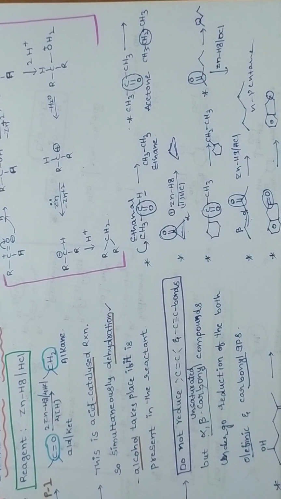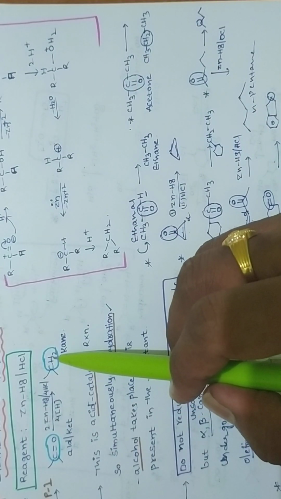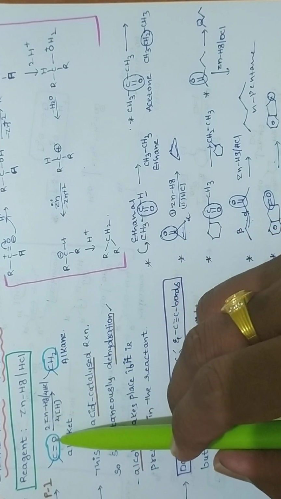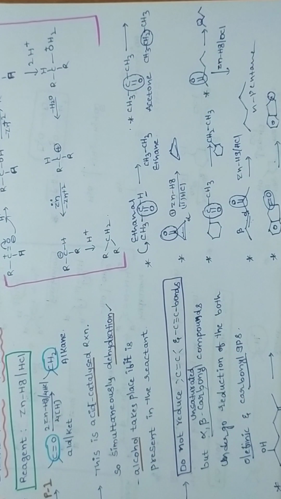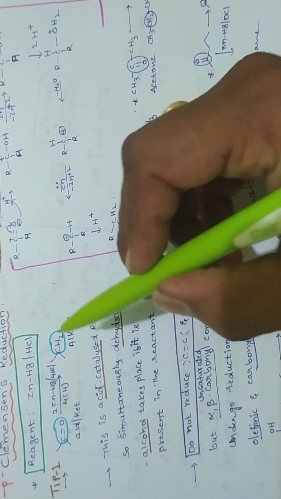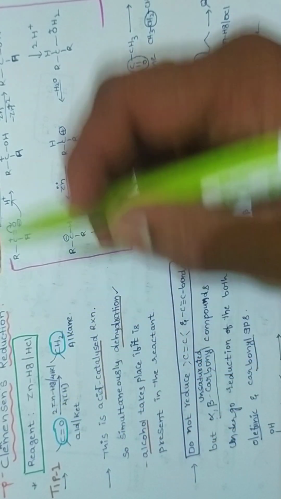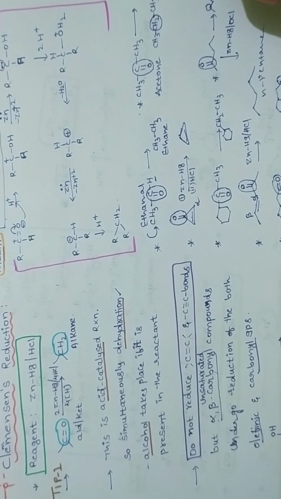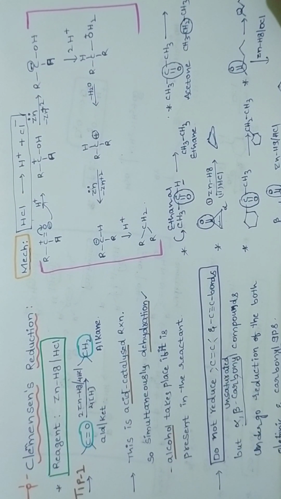Now in all these cases what we have done is convert the CO group into a CH2 group. That means removal of oxygen and addition of hydrogen. So therefore it is called a reduction reaction. Now where are these hydrogens coming from? The CO group is converting into CH2. Which one is giving those hydrogens? See, now when we are seeing the mechanism of this reaction,